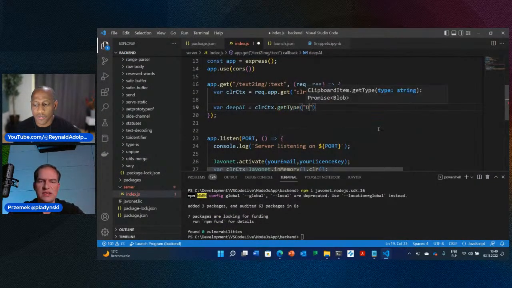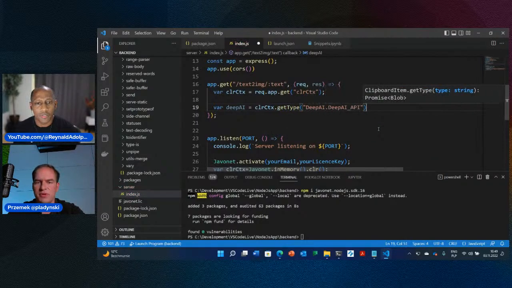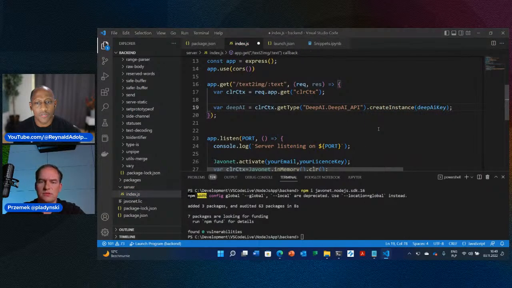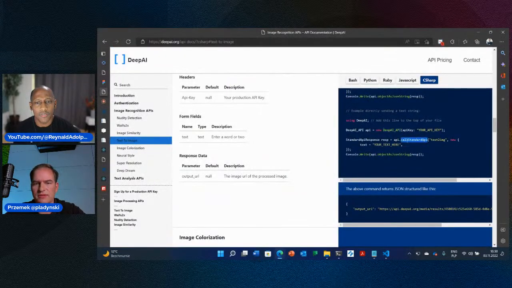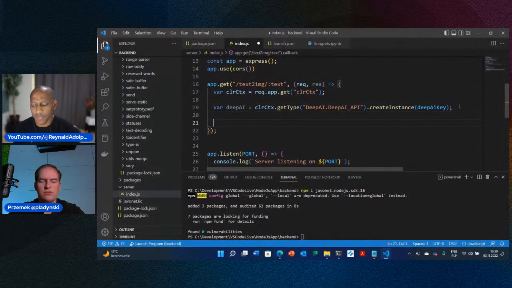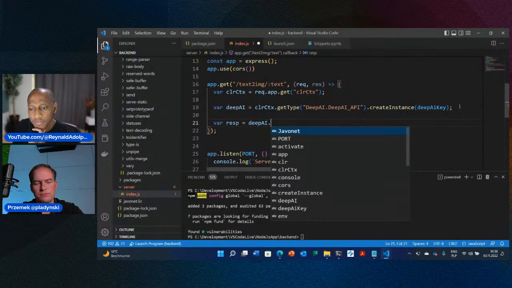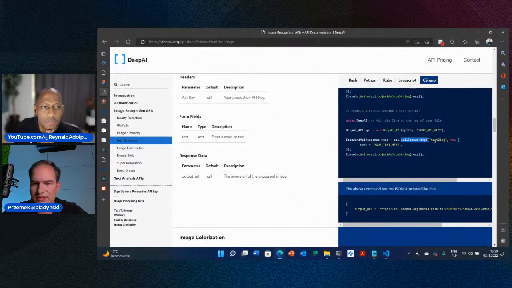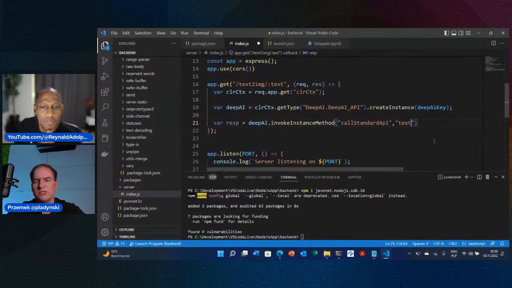So we say we want that DeepAI API object. We want to create an instance of that object using the DeepAI API key. That's how they propose to do it. And we want to retrieve the response, which will be a DeepAI response, by invoking the instance method called callStandardApi, where we pass text-to-image. That's the algorithm we are planning to use.